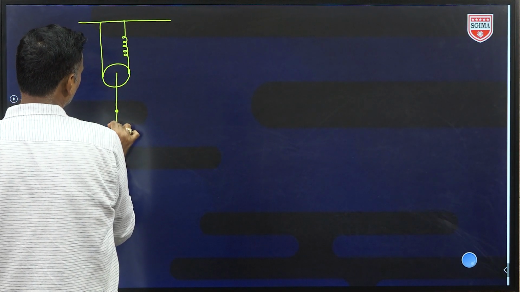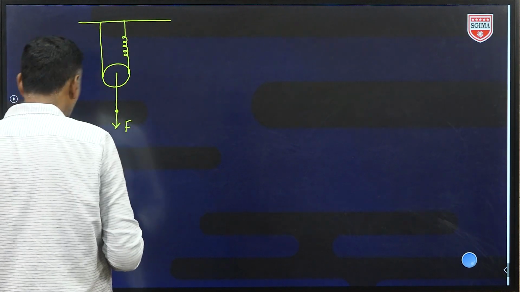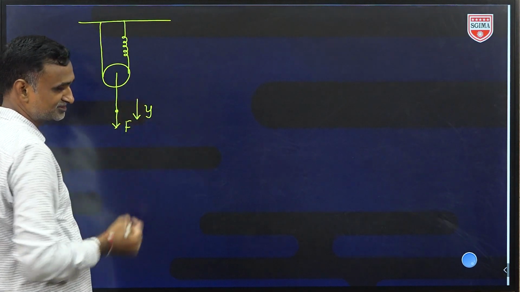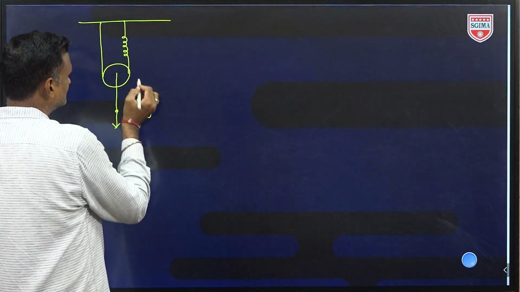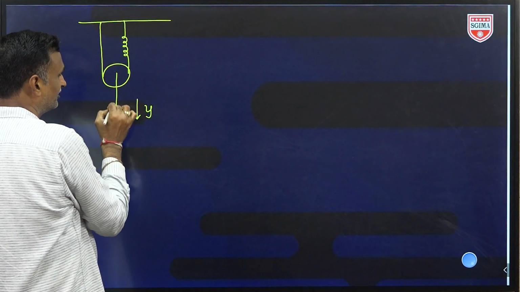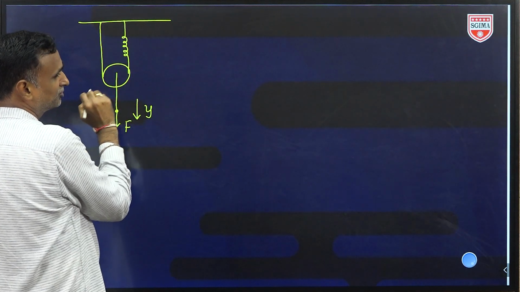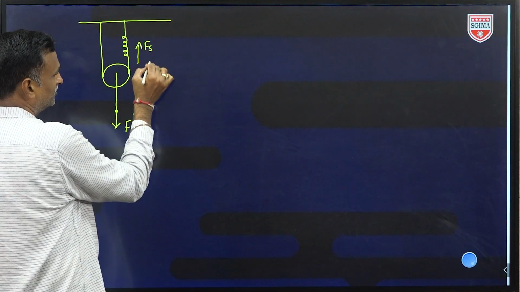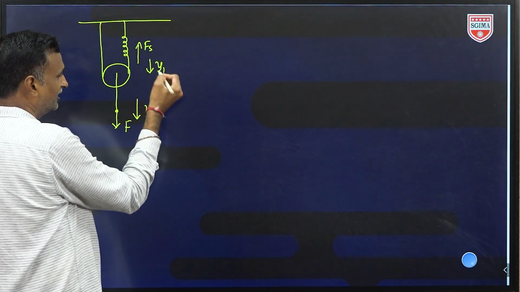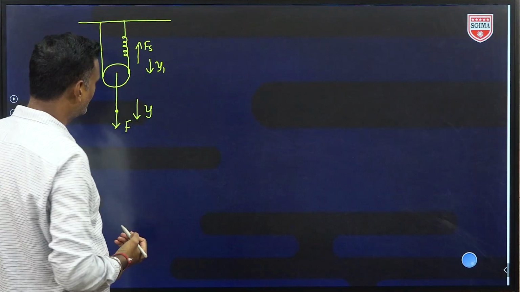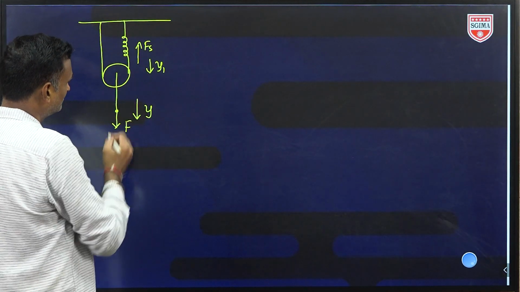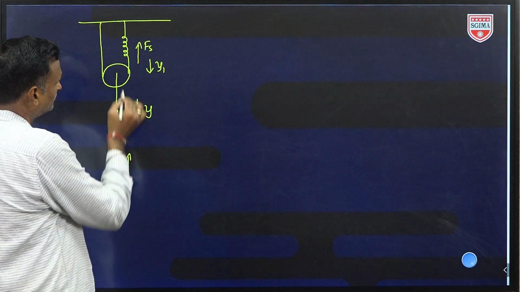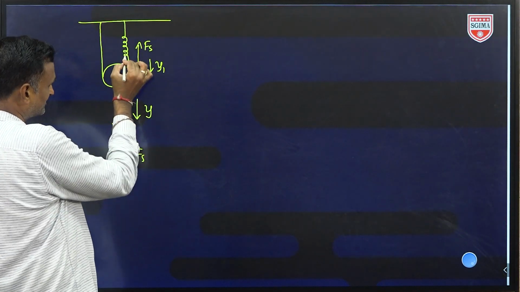This is the scenario given in the question, and this is F, and it is being moved by y distance as per given in the question. Suppose a pulley will move downward. Due to downward motion of the pulley, spring force acts upward and it is moving downward by y1. Again y and y1 are not the same, and we can follow the free body diagram. We can draw the free body diagram, and upward how much force acts? Fs,